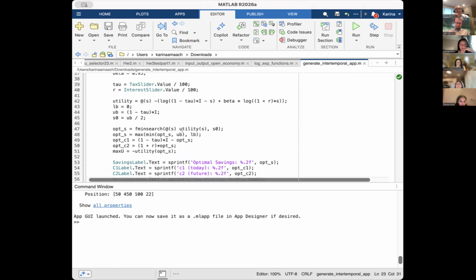And then we define the utility function, which again is a major part of this whole function. So you have the log, which is consumption today. And then you have the log 1 plus R, which is the future consumption. And then you have the different labels. And within this economic model, the use of log captures the law of diminishing